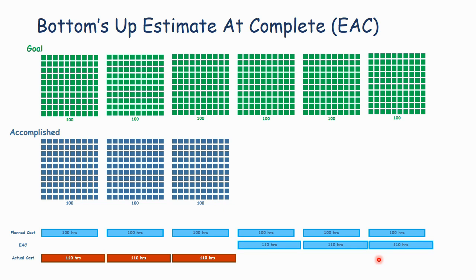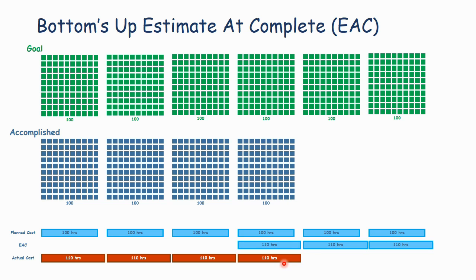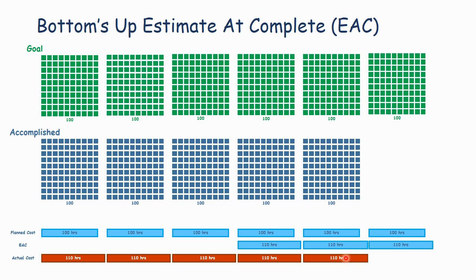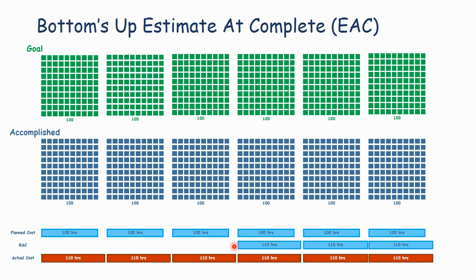And many times, this is the best estimate. The metrics, doing ETCs and EACs based on CPI and SPI, is a good way to forecast, but many times past performance is not a good predictor of future performance. And if you've got somebody who can really estimate things bottoms up, it's more effective. So here we don't revise the plan, but we now have a new EAC which accounts for our new estimate. And so we build 100 widgets at 110 hours, 100 widgets at 110 hours, and it looks like our bottoms-up estimate was right. So this is one more method, and probably the most common method for doing a revised